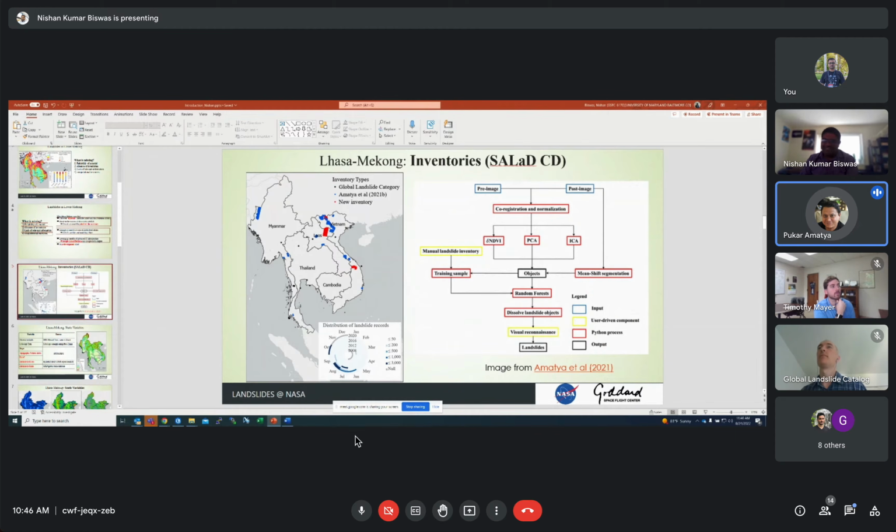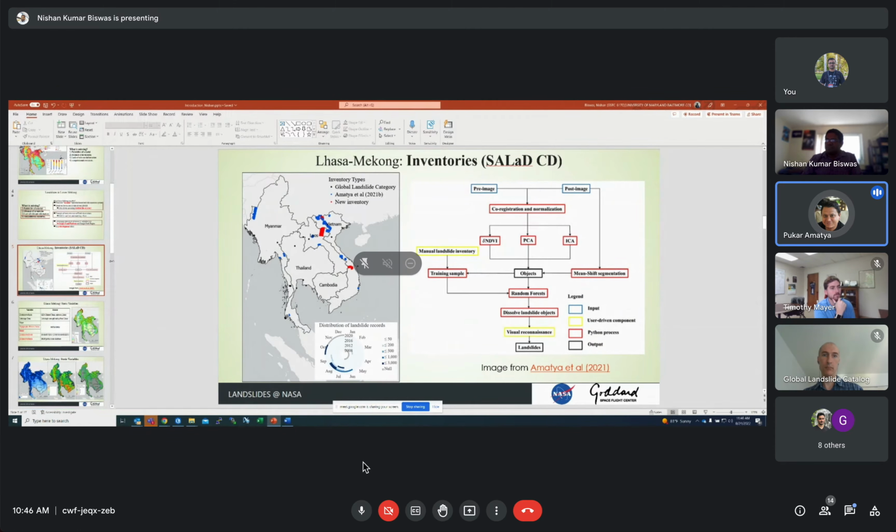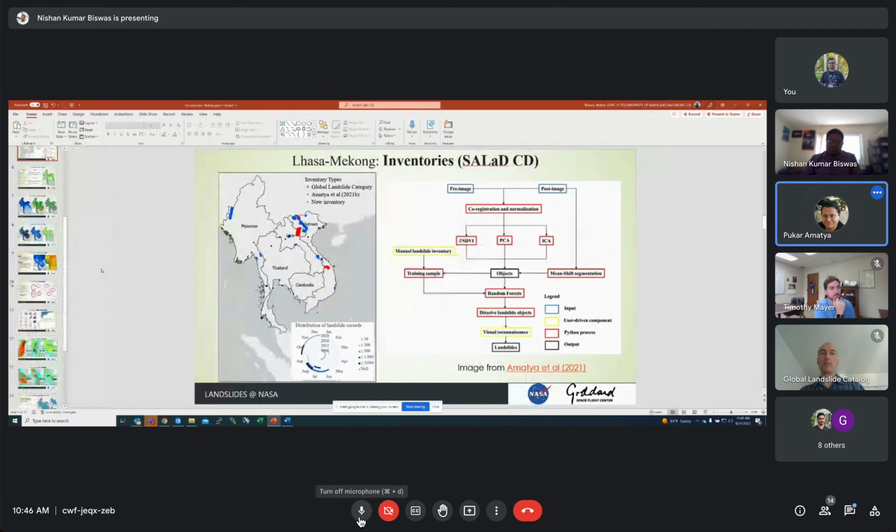Okay. Yeah, sure. So during the start of the project, there were talks of country-maintained inventories that could be shared with us. I know for a fact that there are detailed inventories from Vigmar in Vietnam and DMR in Thailand. At the beginning of the 3rd year, we did receive an inventory from DMR Thailand, but this LHASA 2.0 model is set up in such a way that having just landslide inventories is not enough. We need event-based landslide inventories. By that I mean, correct me if I'm wrong, Thomas, that we also need the